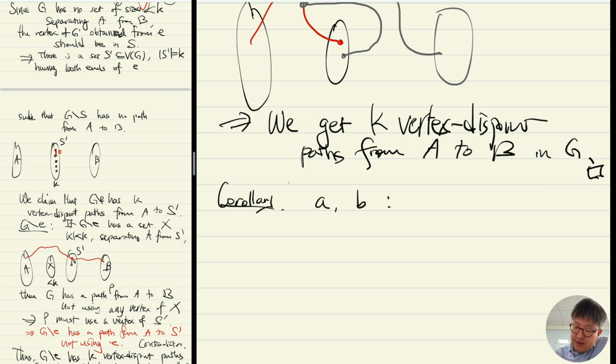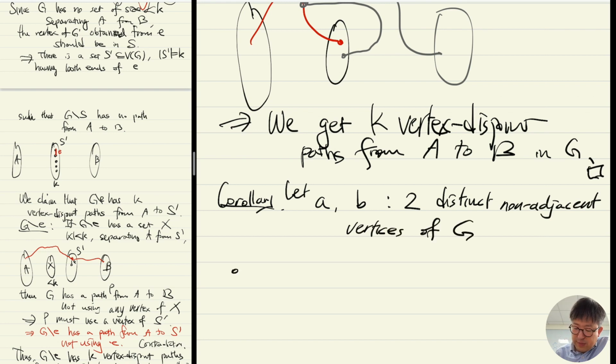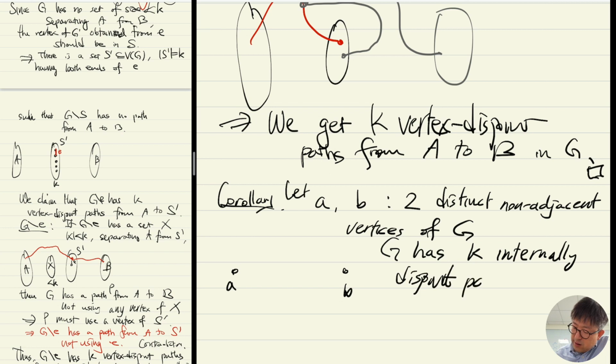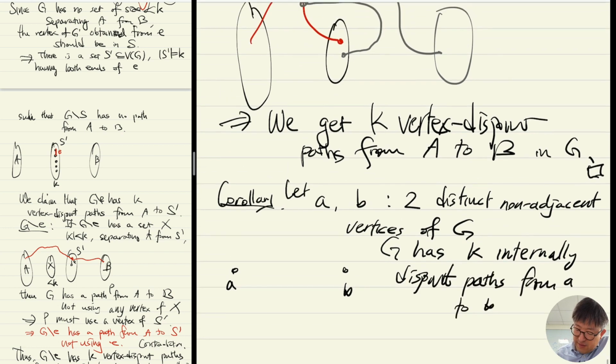Let A, B be two distinct non-adjacent vertices of G. Then when do we have K internally disjoint paths? G has K internally disjoint paths from A to B if and only if